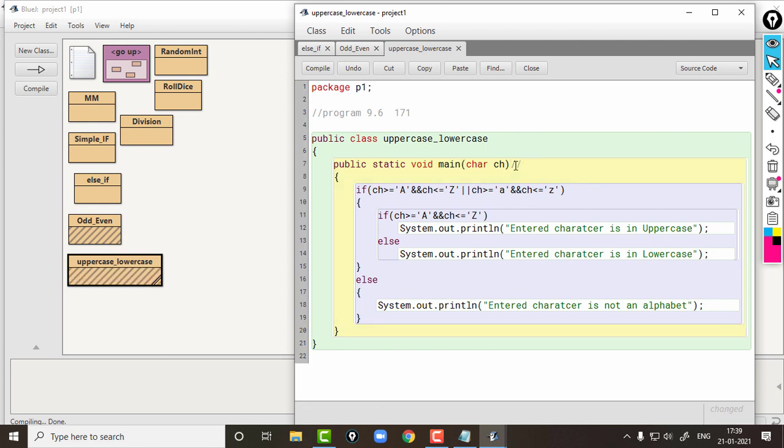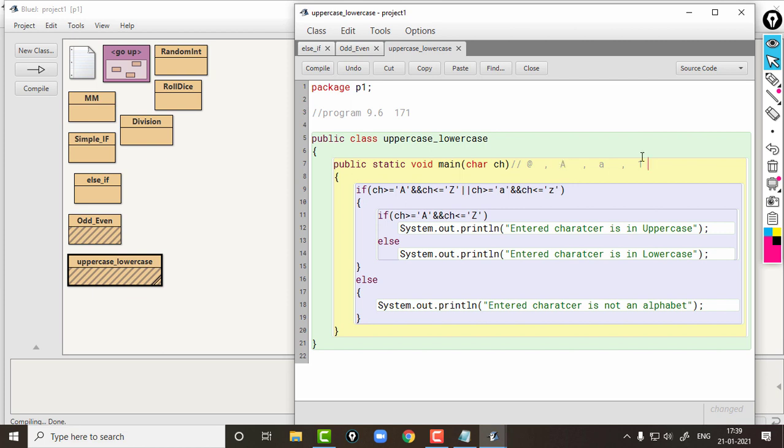This @ symbol is a character, isn't it? Capital A is a character, small a is a character. Okay, then what else? A digit is also a character. So all these values we can give to this variable ch.